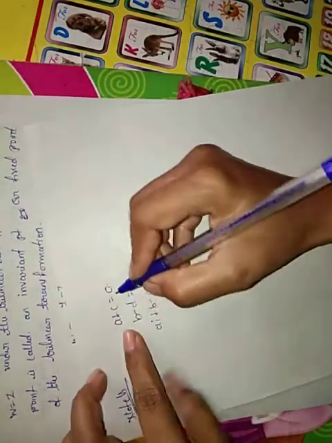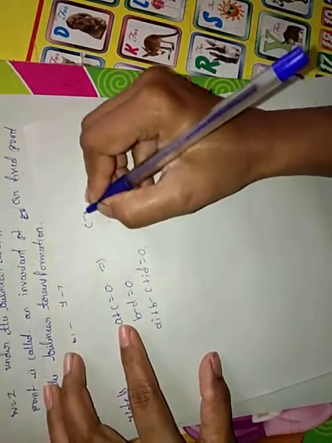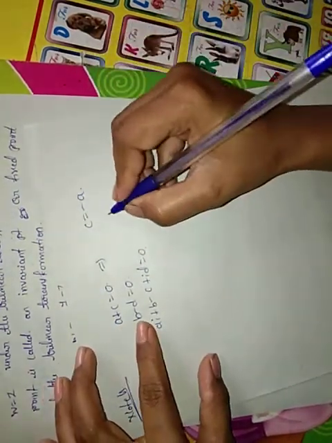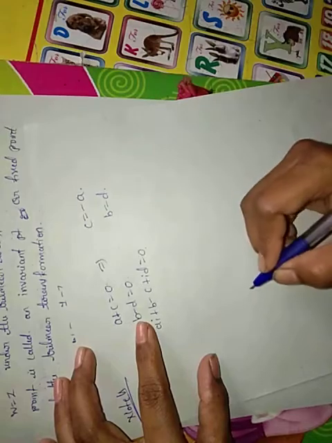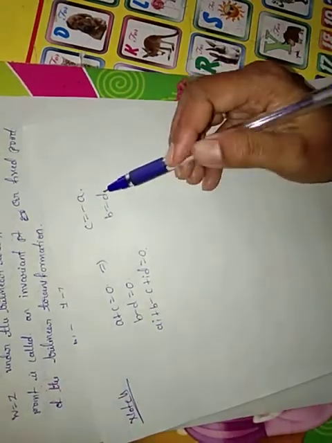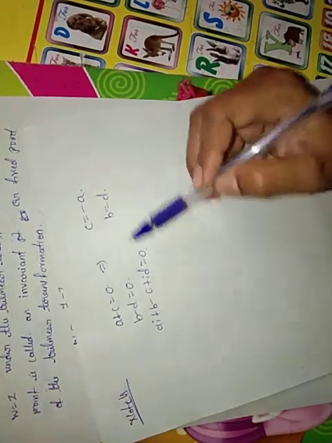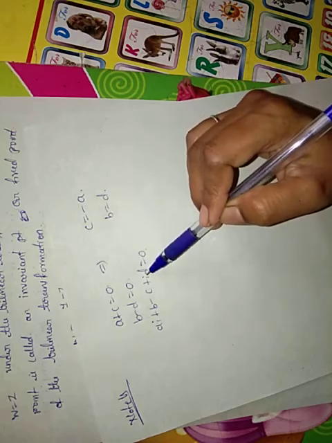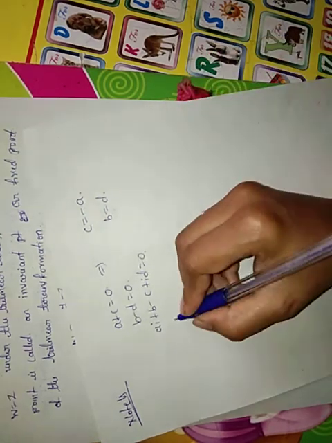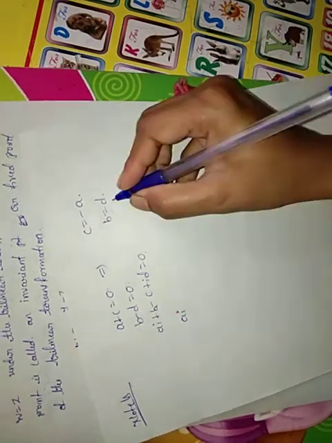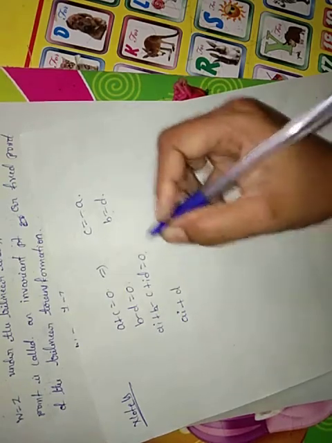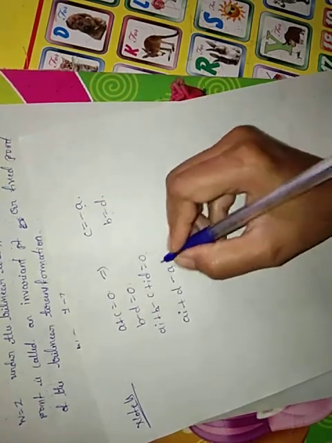The first equation can be written as c equal to minus a. The second equation can be written as b equal to d. Now substituting c equal to minus a, b equal to d in this equation, we get